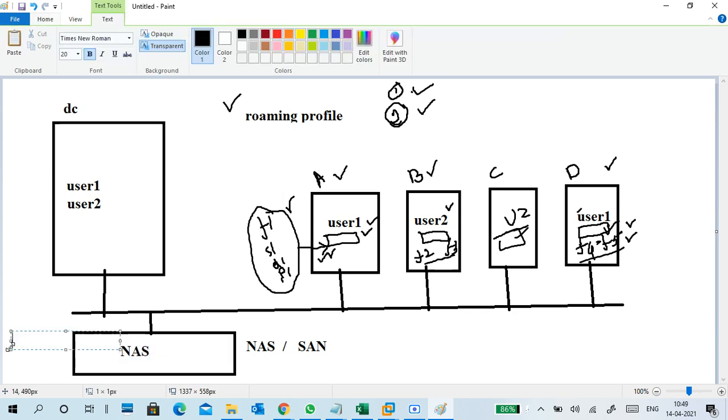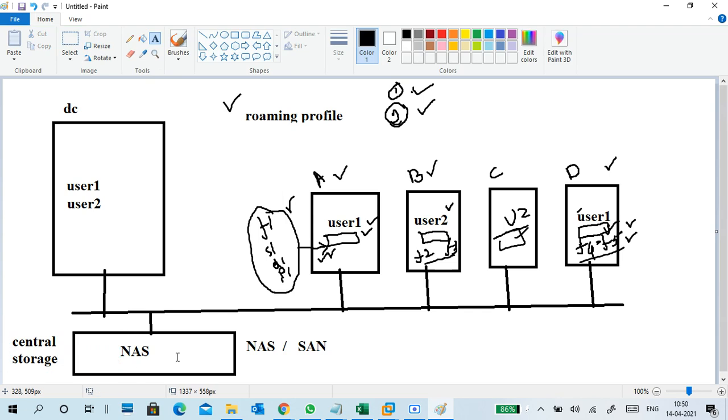What is the storage? It is a central storage. Remember, guys, it's a central storage. What is a central storage? It is located centrally, and anybody can access the data without having to attach to a server, or go to a particular system and access it like that.